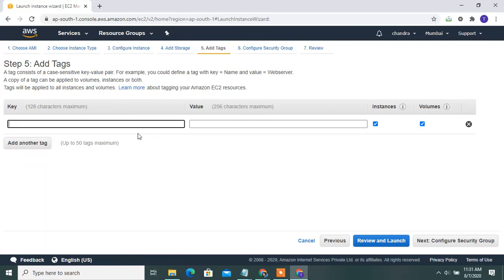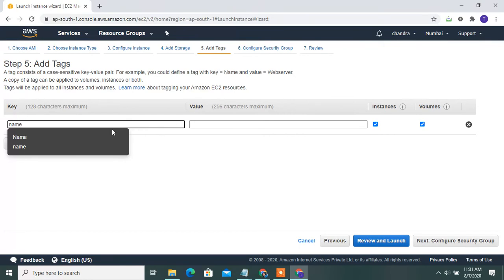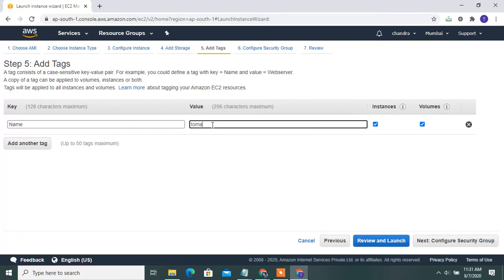Add tag, and for the name, select the name. The name can be given as Tomcat. Any name can be given here. See how to add the tags: go to add tags, select the name, key and value, and go to configure security groups.